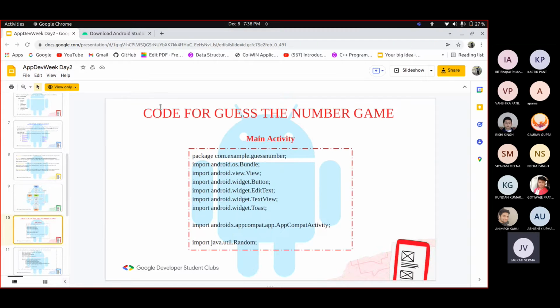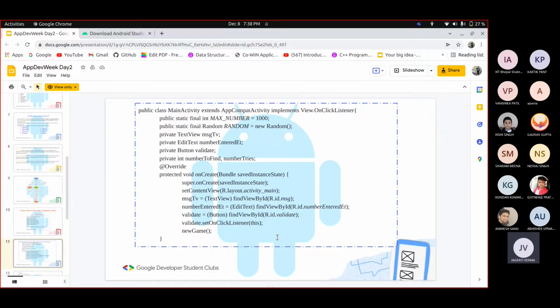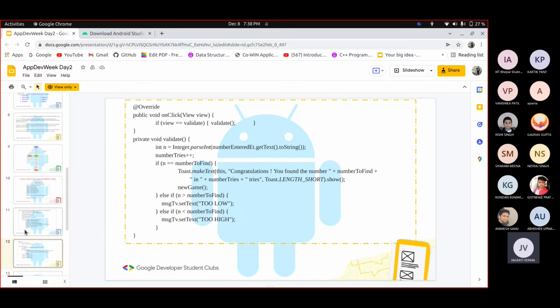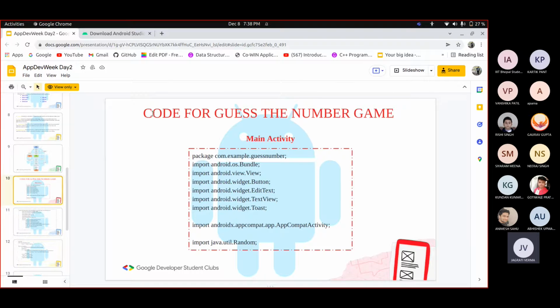Now, as we have some time left, we are going to create an application for a number guessing game. Let me explain what this game actually is. In this game, we will generate a random number, and then we will guess what number has been generated by the program by entering any number.